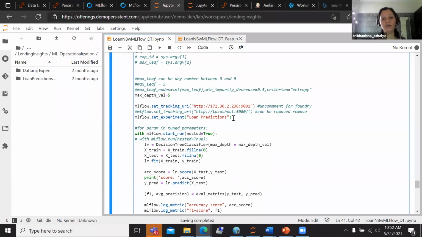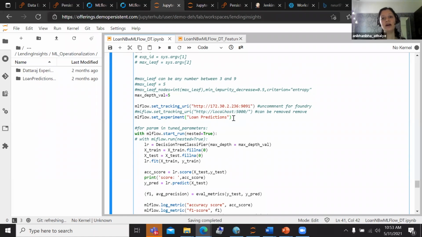And I'm sure that a lot of you would be doing a lot of iterations when you are doing your research work, as part of maybe the PhDs that you are pursuing, or trying to do a learning path on top of one or the other existing research publication and developing something on top of it. Setting up a very simple tracking server like this is very helpful. Number one, for you to start documenting everything that you are doing as part of those experiments. Number two, this entire thing can then be put up as a repository, very easy for a second person who can really benefit from looking at all of this.